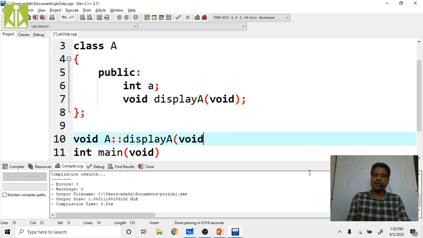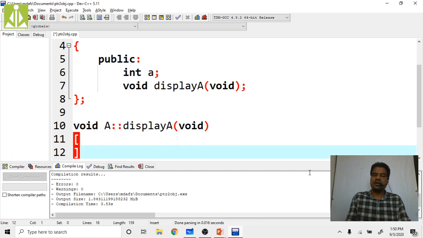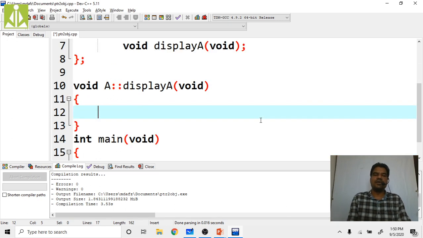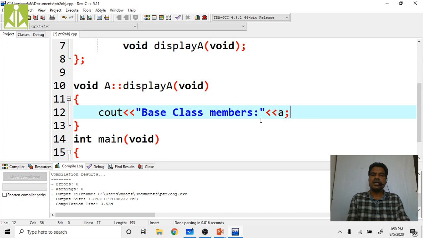Write the definition for that function. In this function I am printing the value of A. So cout, base class members. In the base class we have only one member there, that is A. We are printing that A.